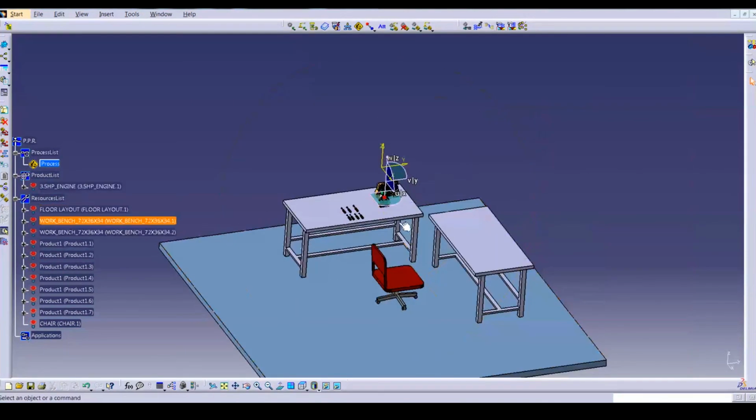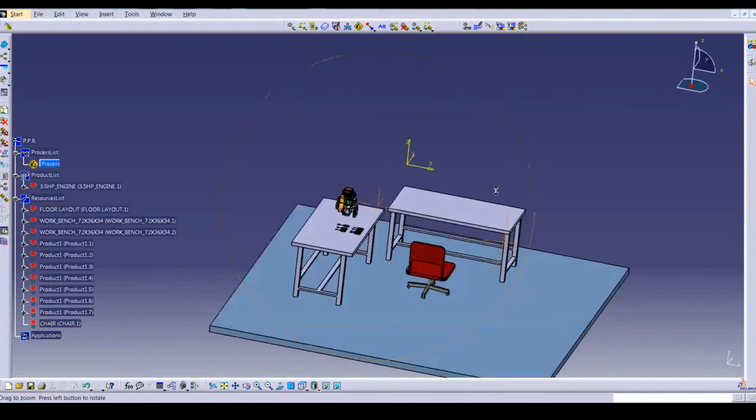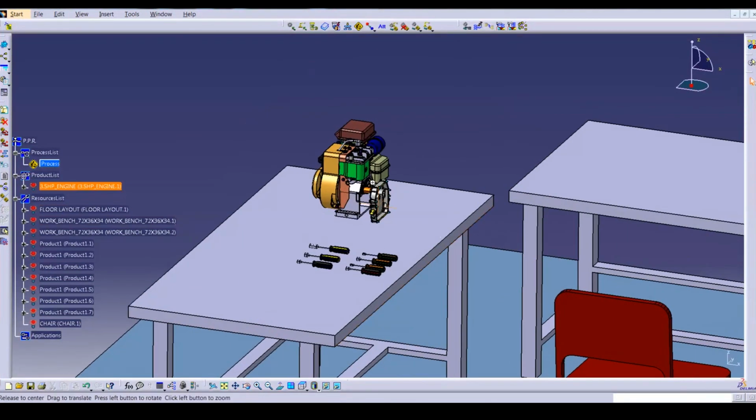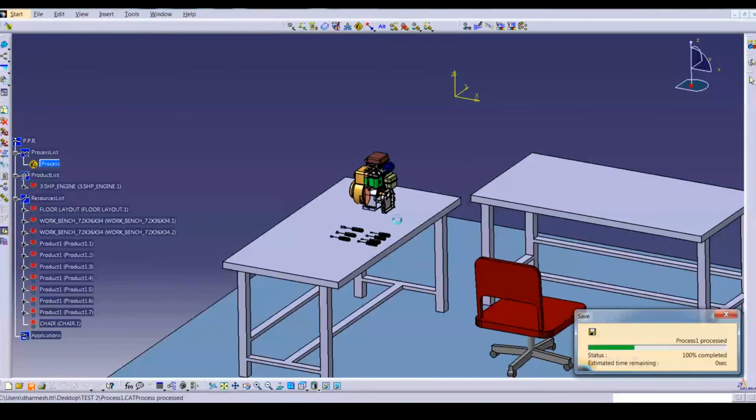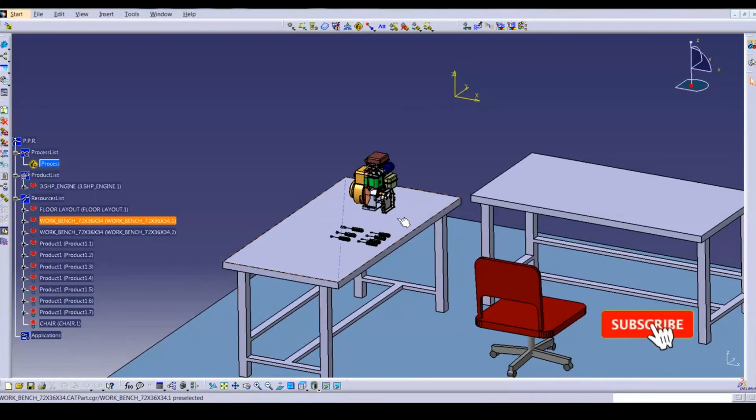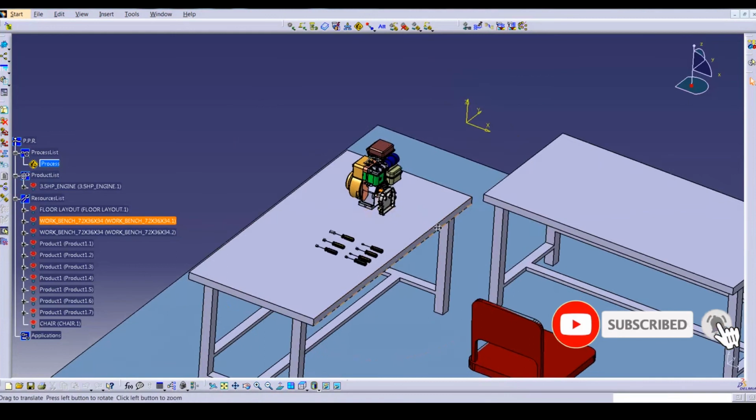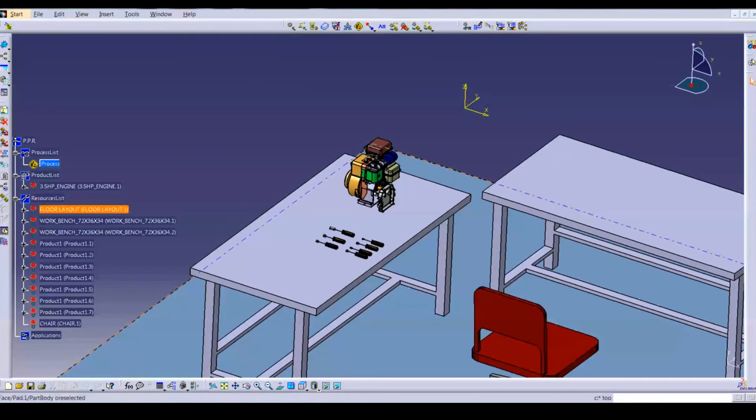Just I unchecked automatically select object and drag to the right corner. This is our simulation environment created. So now we are switching to the next topic, which is to create the process plan.